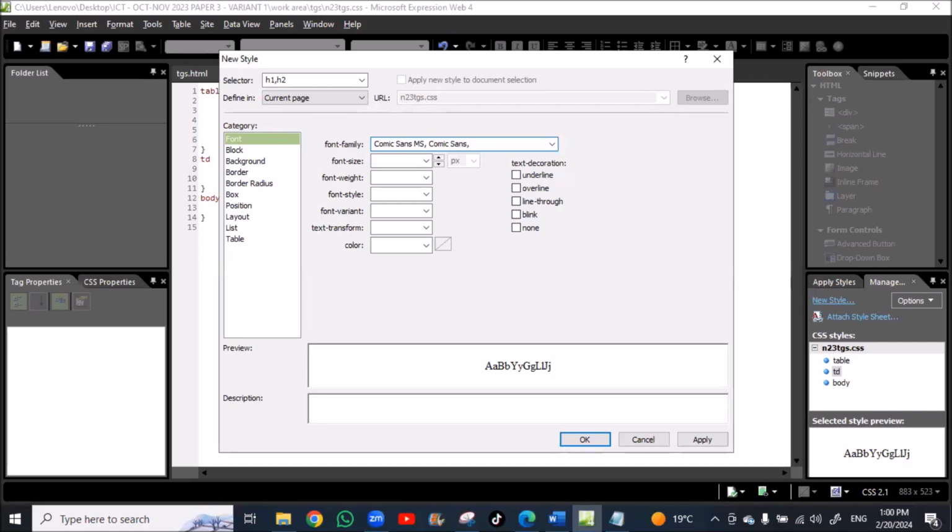If not found, comma, it will be Sans Serif.